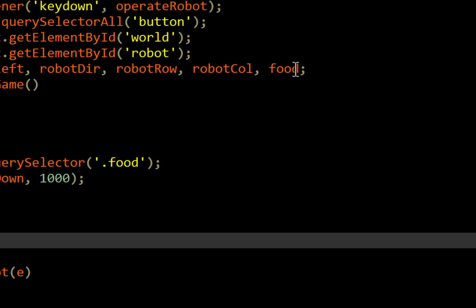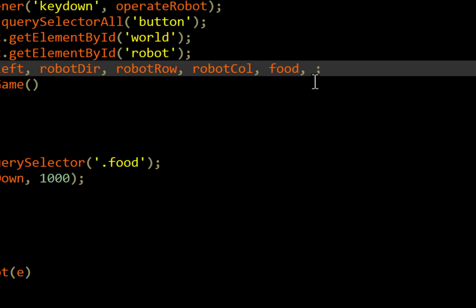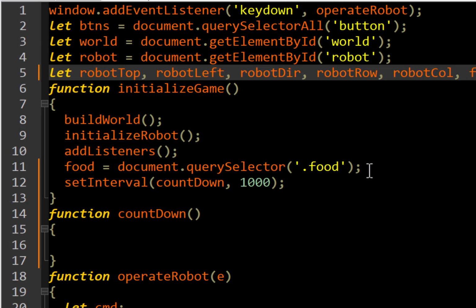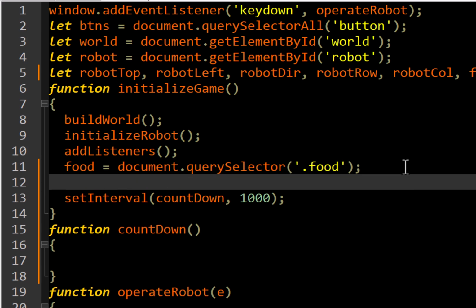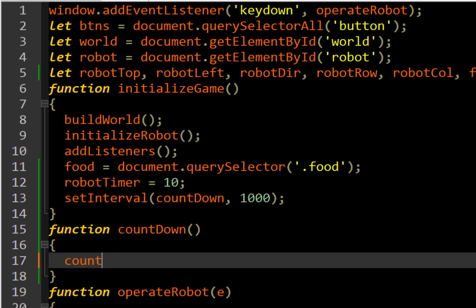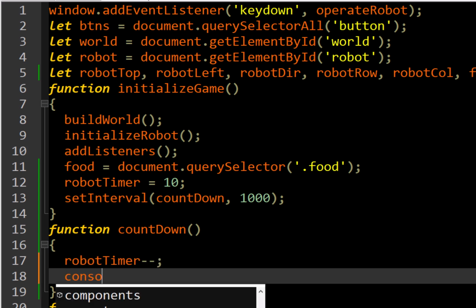So let's start off with a timer right here. We'll call it robot timer. And we will set it when we first initialize the game. Robot timer is equal to 10, right? And then in the countdown, we're just going to say robot timer minus minus. And let's just console.log.